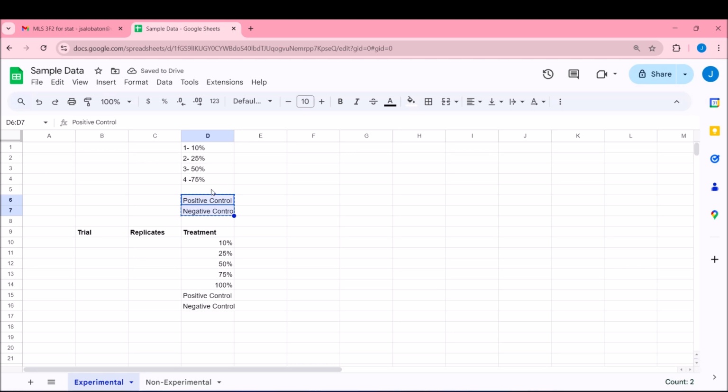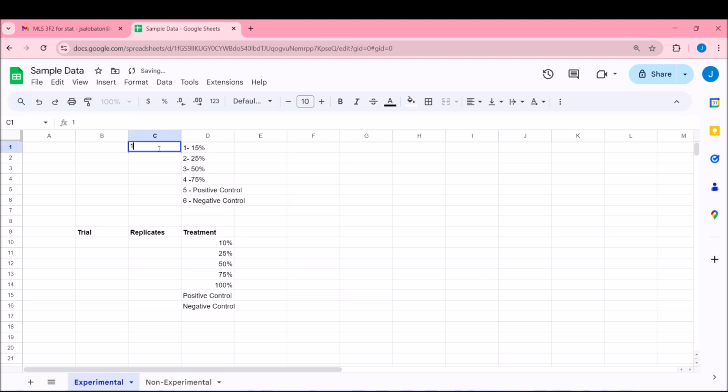So you have the 4 different concentrations, and also replace one with 15%. Then you have 5 for your positive control, and 6 for your negative control. Okay, so these are the treatments.